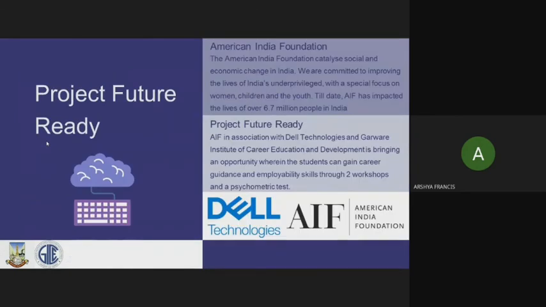This workshop is brought to you by American India Foundation, and they have a project called Project Future Ready. Sharing the vision to develop the future workforce in India, Dell Technologies in partnership with American India Foundation, National Skill Development Corporation, NSDC, and University of Mumbai has launched Project Future Ready to equip the workforce with career skills. This project aims to provide skill development for students through career mentoring, leveraging online skills, and providing market-aligned skill training for employability and including entrepreneurial mindset. American India Foundation has impacted around 6.7 million lives across 26 states in India. So this is a major part of our workshop.